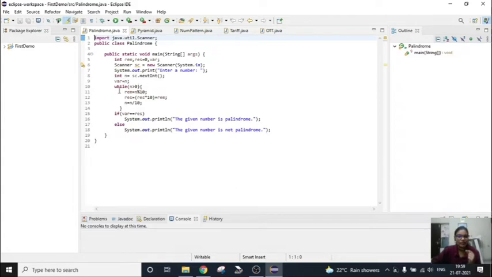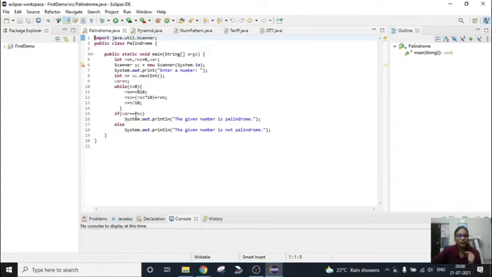Coming to the main function here, I have used the while loop. Here n will be the number which we are going to get from the user, and then rem declares the remainder, and res is result.